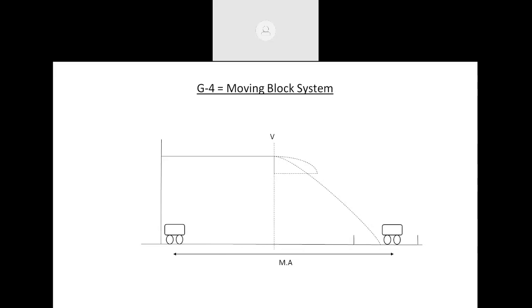But in the case of distance to go signaling, the movement authority is only up to the beginning of the block where the train is standing. So till the train crosses that block, the movement authority remains the same. At the moment the train goes to the next block, the movement authority gets a quantum jump. So the movement authority in a DTG is in a jumping manner, which depends on the block length. In the case of CBTC or moving block, the movement authority continuously changes. That's the difference. And of course, the capacity is more because the gap between the two trains